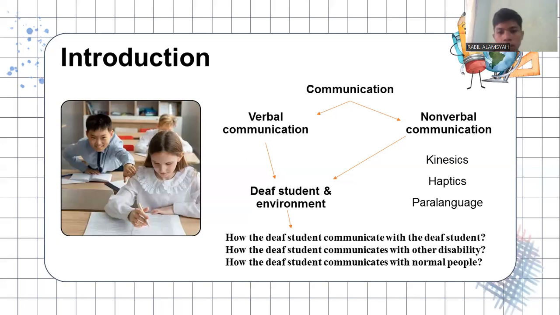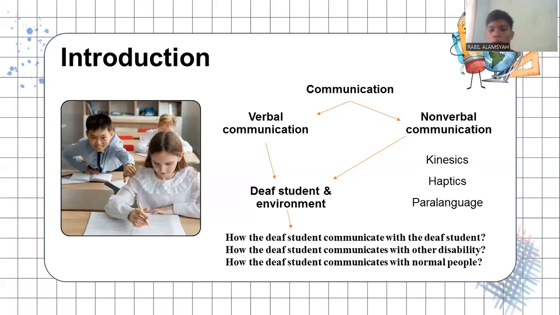Special education is needed to handle deaf students, such education that can be obtained at extraordinary school, or in Indonesian called sekolah luar biasa. In order to seek the communication type of the students with environments, this research was designed to investigate how deaf students communicate with the deaf students, how the deaf students communicate with others with disability, and how the deaf students